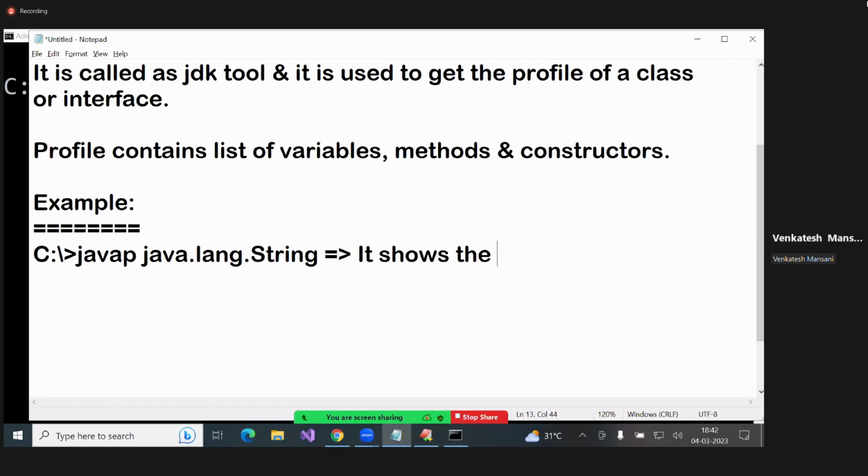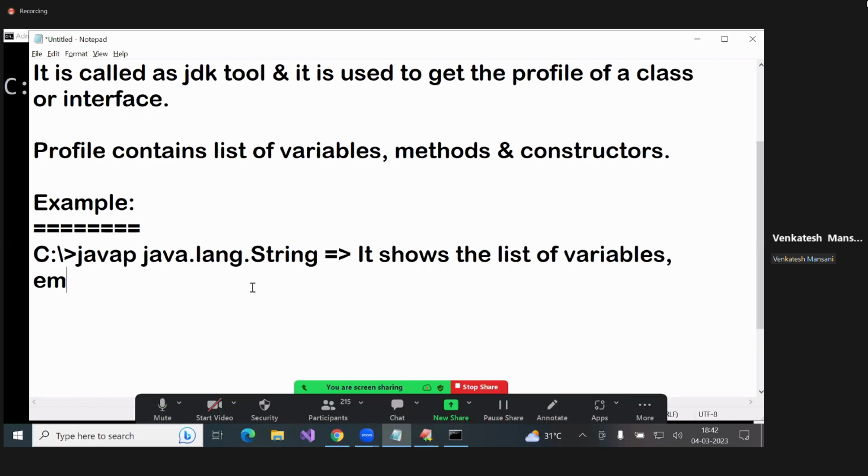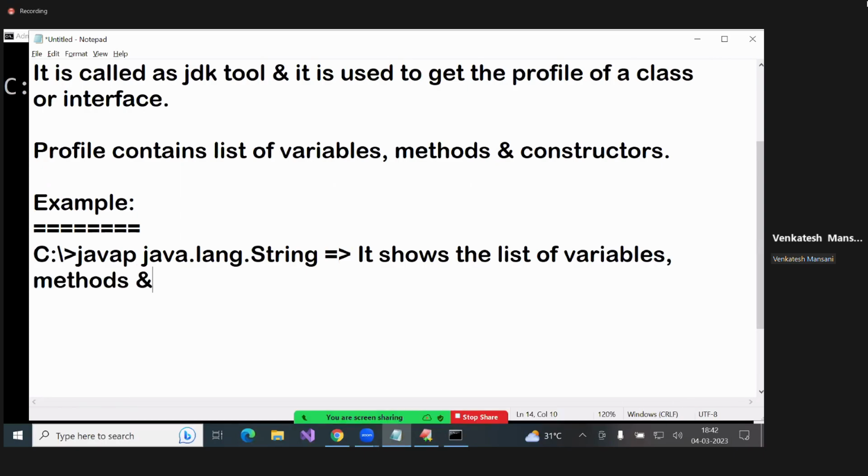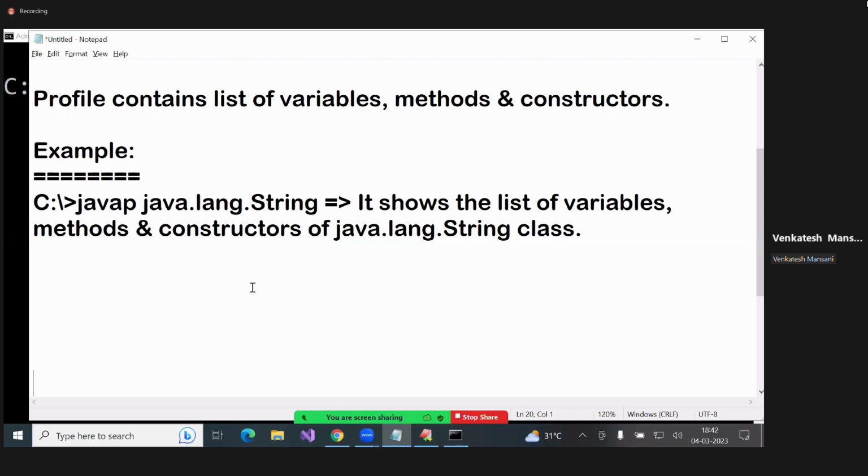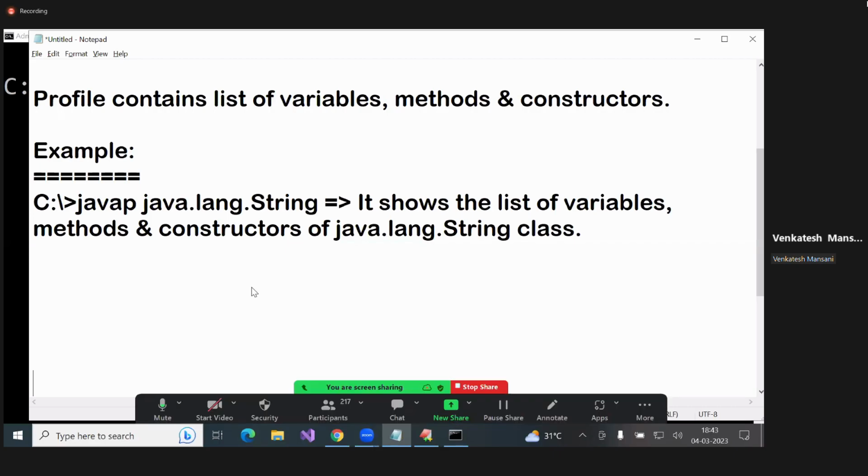It shows the list of variables, methods, and constructors of the java.lang.String class. Whichever class name you write,